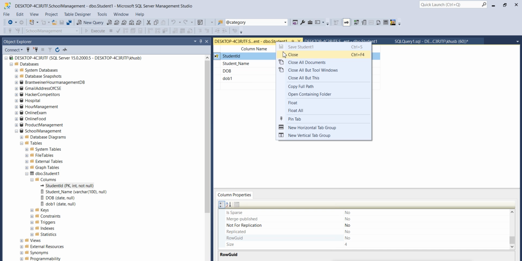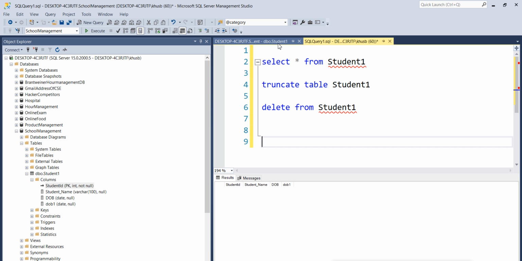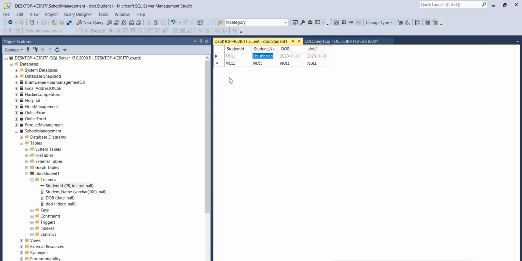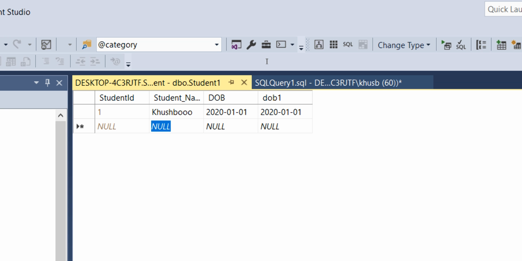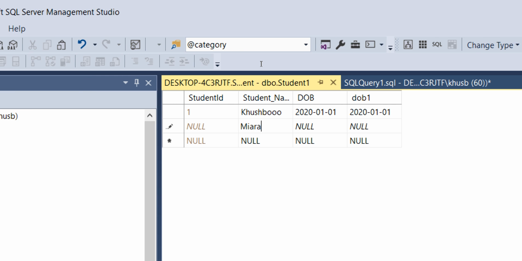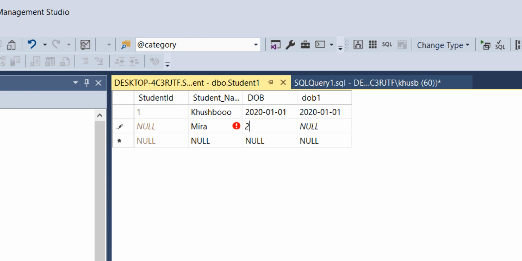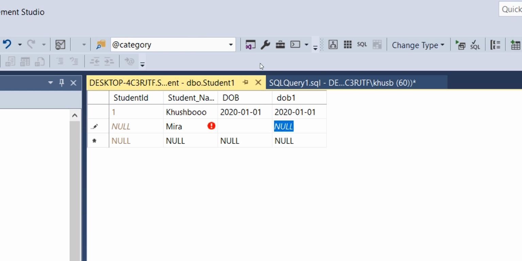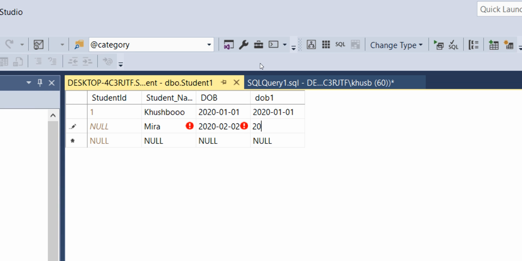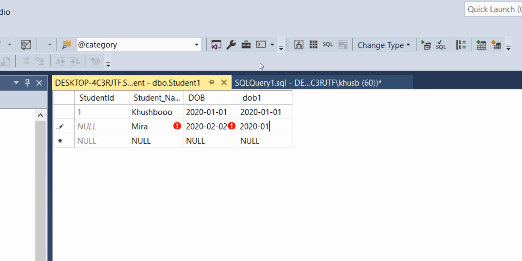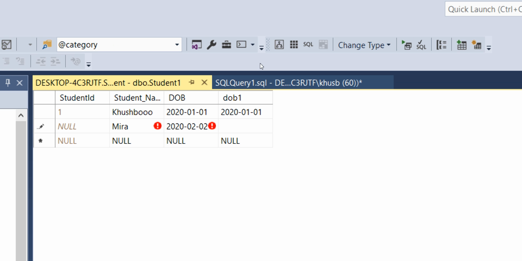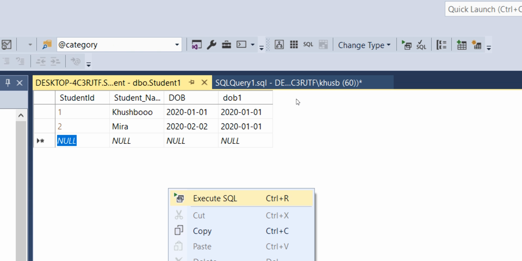We have set this as an increment. Then why is it not incrementing the value? Okay, I think there is some problem with my setup. We have just created one student with the student ID 1. Let's add more details again, and we do not specify the ID column because it is set to auto increment. When I click on the tab button, then you need to specify execute SQL.